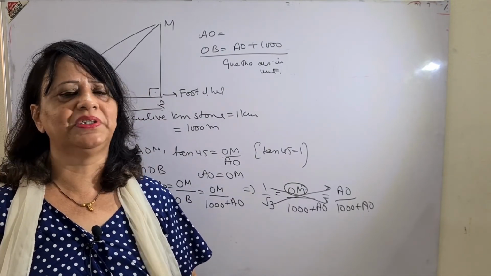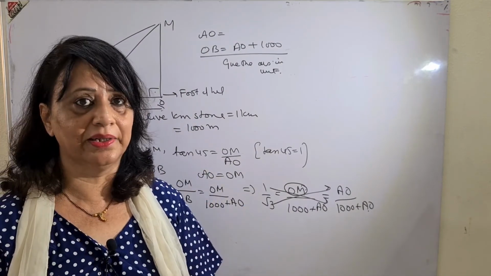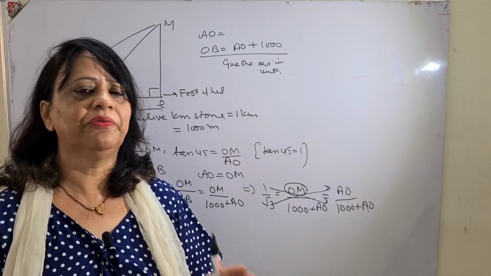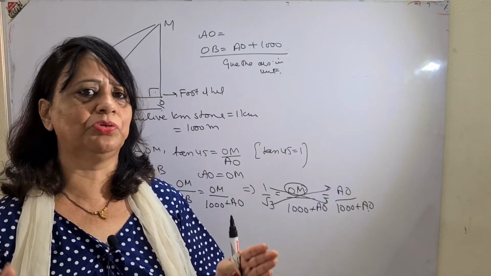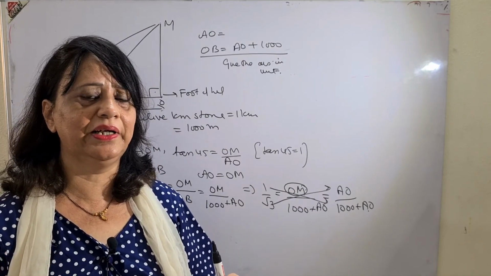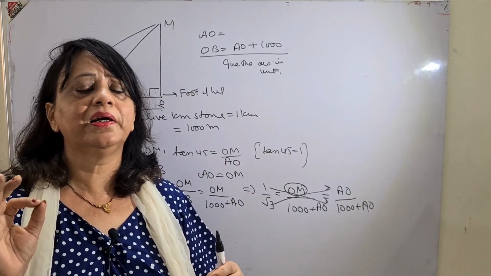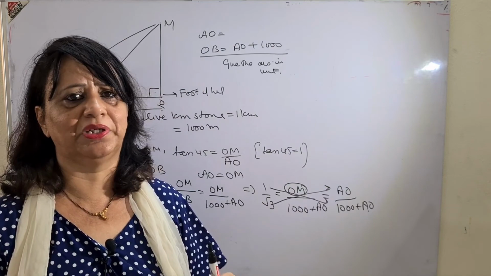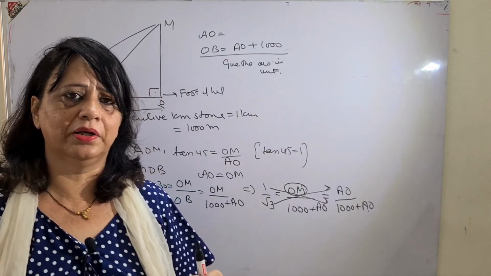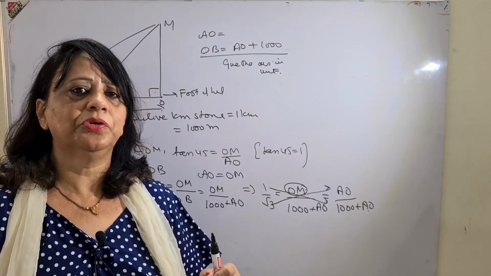All these sums have just changed all the language to right angled triangles. Remember children, height and distance always involve right angle triangles. If you do not get a right angle triangle, that means you are not understanding the language, and for that you have to read each and every line very carefully. I have given you the example of each type of sum. Then also if there is any difficulty, you can WhatsApp me on the group. I will solve it or make you understand again, and then you can go further.